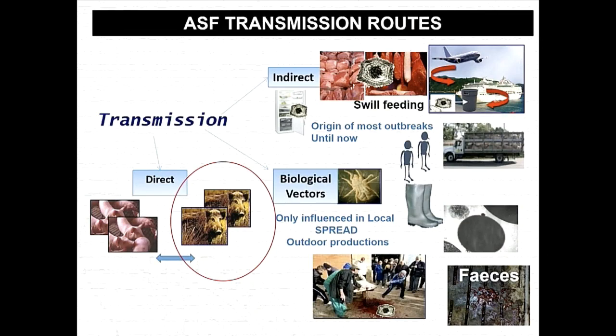So the first one is the direct transmission between infected animals or carrier animals. That's another keyword I want to give you. Not only do we have infected animals, we also have survivor animals of ASF, and a few of these, depending on the isolates, between 3% and 5%, can become carriers. So they can also infect, even though they don't look sick at all. So the infected animals or the carrier animals are a very important route.